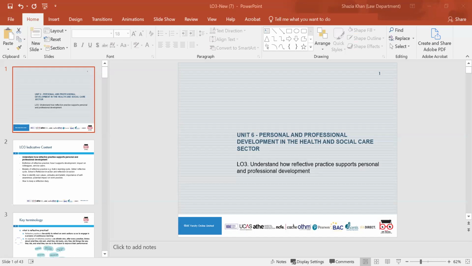Last week we looked at learning outcome 2, which was to understand professional development in health and social care, what it is and why there's a need for professional development. I'll just give you a summary of what we did in learning outcome 2, so you've got a little bit of an idea. We looked at membership of professional bodies. We looked at standards and codes of practice. We looked at what CPD is and why it's so important. We looked at the different legislation, the laws and the standards that we must follow.